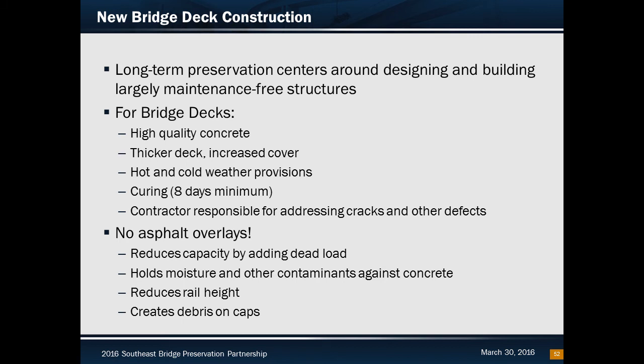And avoids this problem that I showed with these 6 and 6.5-inch decks. We've got a lot of hot and cold weather provisions in there. Some very stringent curing requirements, and something that we just added to this recent spec rewrite. We made the contractor responsible for addressing cracks and doing repairs, and so we didn't go performance-based on many things, but this was an area where we really saw an opportunity to